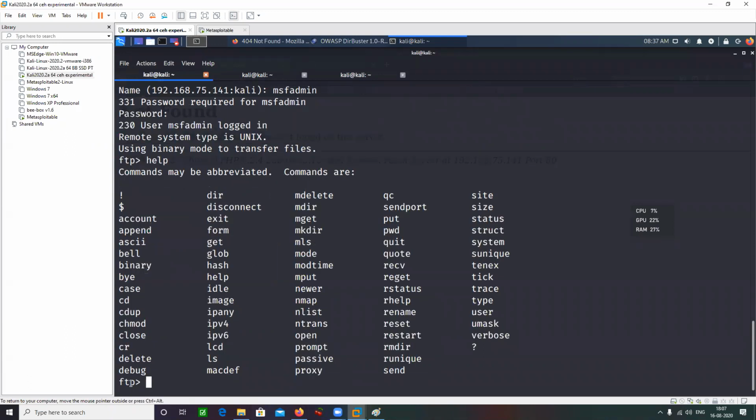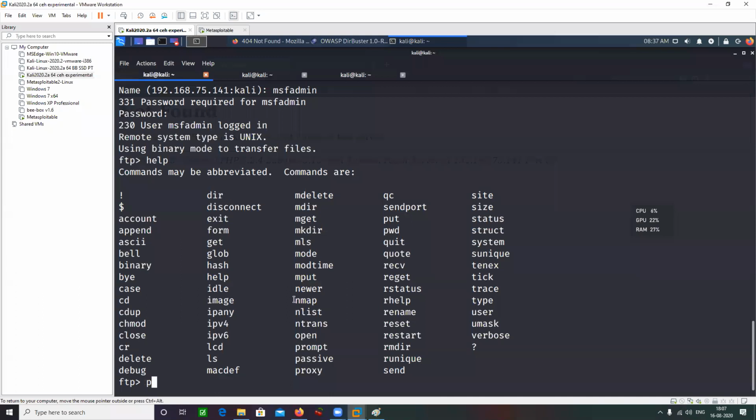And here I can see what all commands are available to me. I can see ls is available to me, cd is available to me, pwd is available to me, and put is available to me, get is available to me, dir is available to me, so on and so forth.